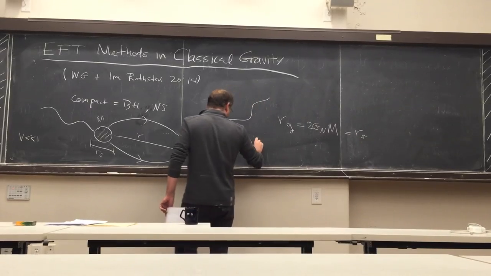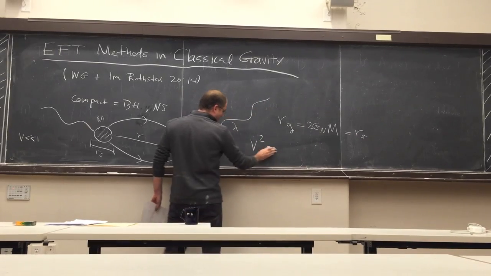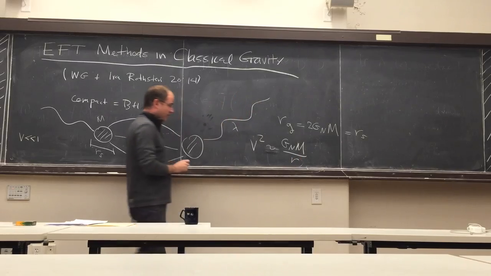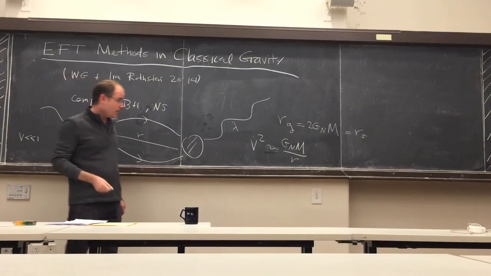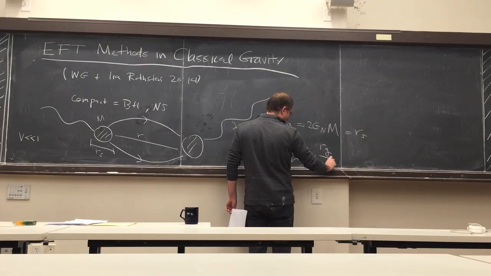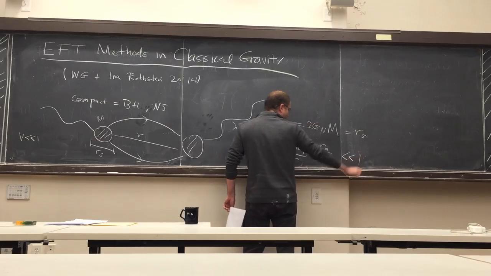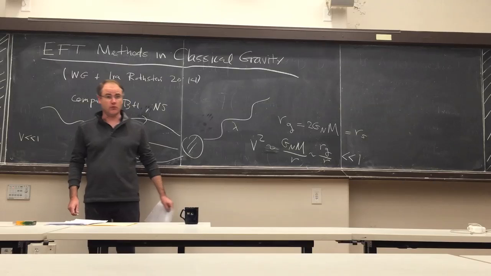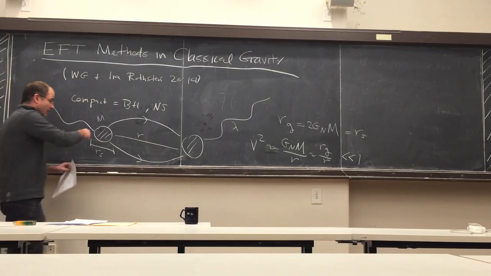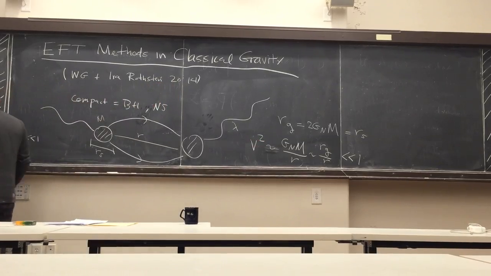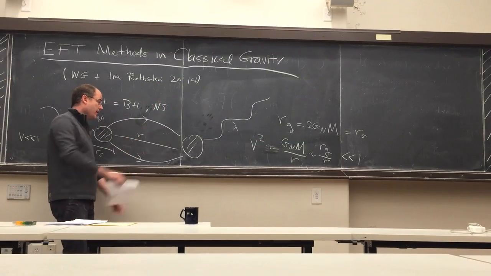In the non-relativistic limit, by good old Newtonian physics, the velocities are related to this radius and to the orbital scale by a simple formula. So the typical velocities in the non-relativistic limit are related to a ratio of scales, r gravitational over r orbital, that is assumed to be much smaller than 1. In fact, the velocity is going to be the expansion parameter in this problem. So the goal is to formulate the dynamics of these two objects as an expansion in powers of velocity. And yes, the leading order is a nice Newtonian problem, but